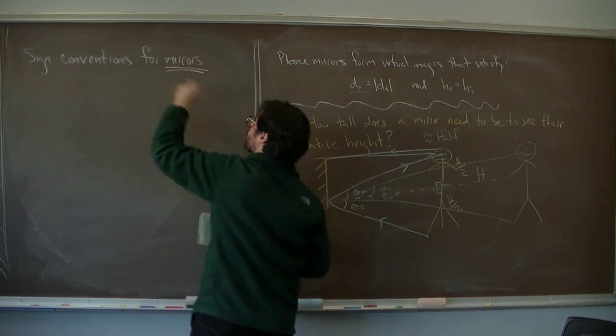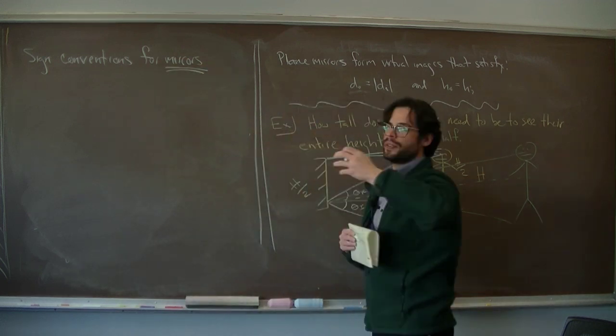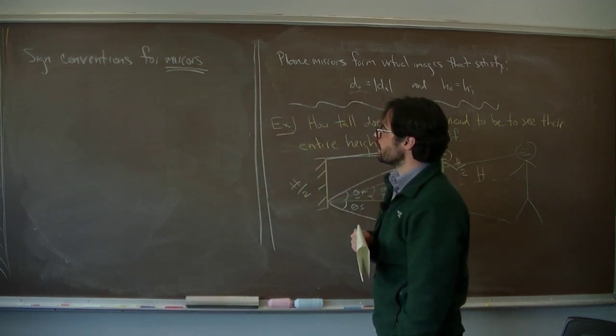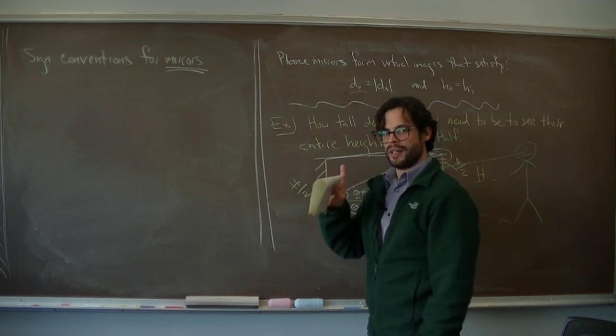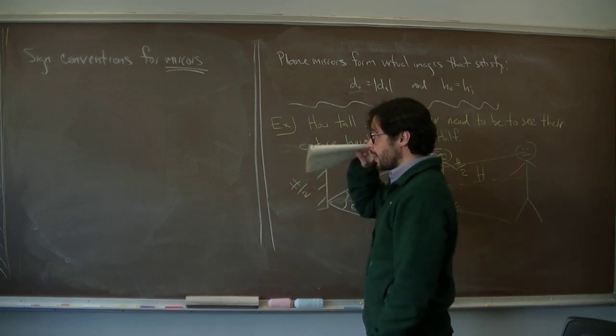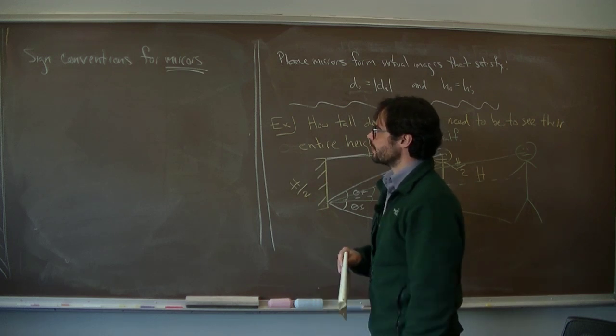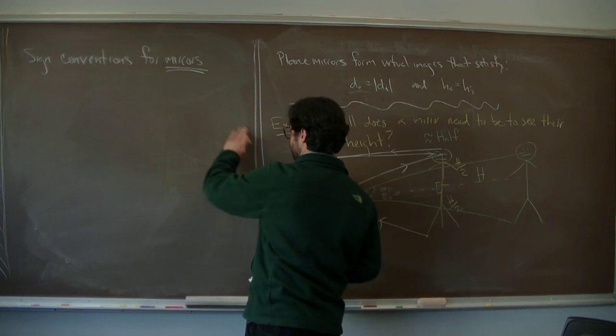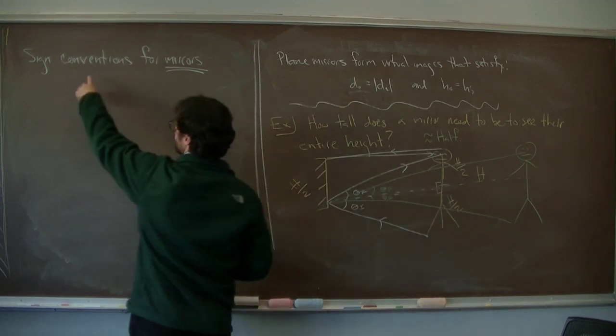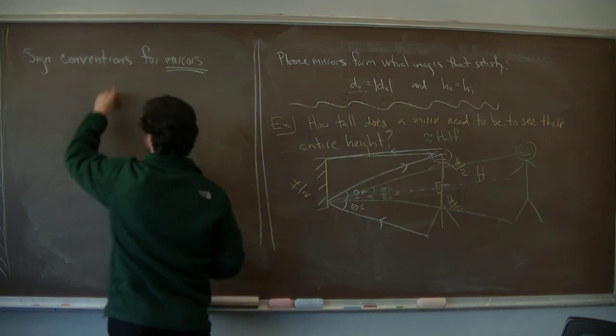This is going to be true for all mirrors. Lenses have their own, and the price that you pay for having only one equation, one lens or mirror equation, works for both, is that the signs are different for lenses and mirrors. So something's got to give. So the sign conventions for mirrors